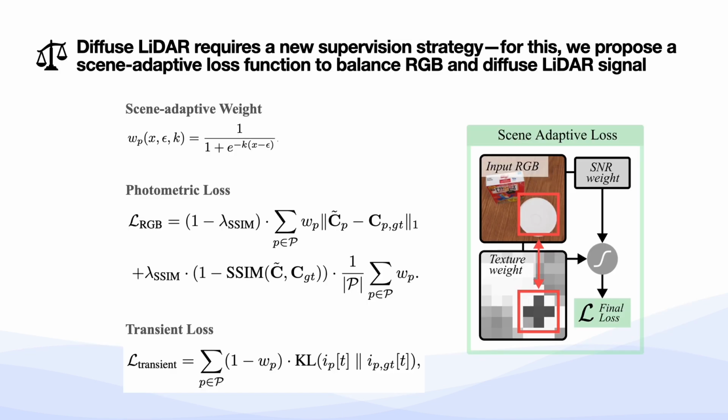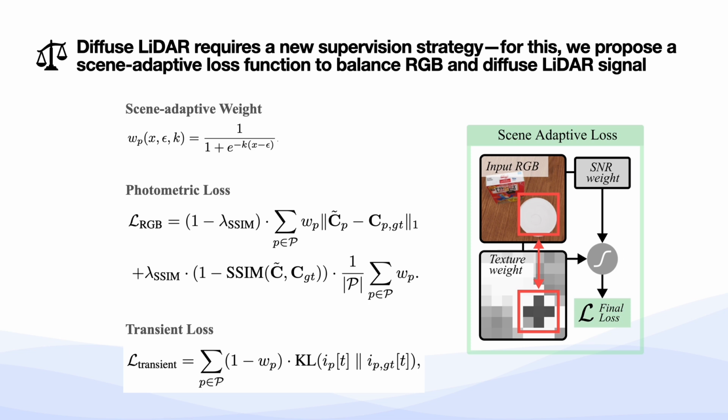It's important to note that unlike sparse LiDAR, direct point-wise depth supervision is infeasible from spatially blurred depth signals. Thus, a key contribution of our work is that we introduce a scene adaptive loss formulation to use diffuse LiDAR and RGB signals. Using our input RGB images, we compute both a patchwise texture weight based on image variance and